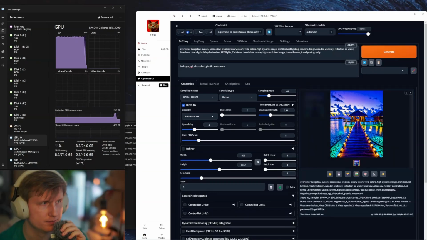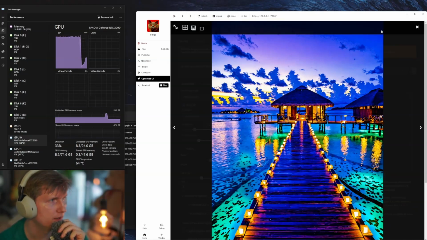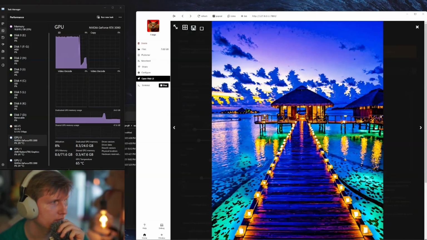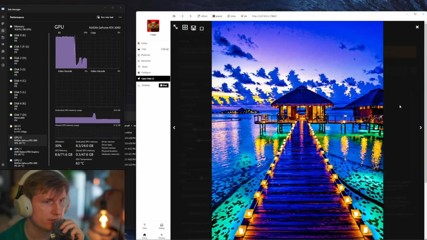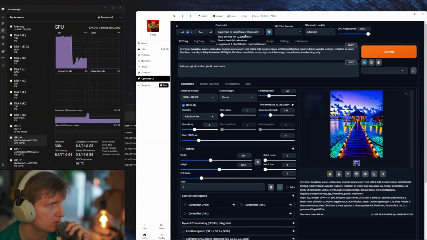Okay, and it's done. So let's take a look at the image. It is a bit cleaner, I feel. There is more detail in the back there. But it's definitely not as good as if you were going to use the original SDXL version of it,